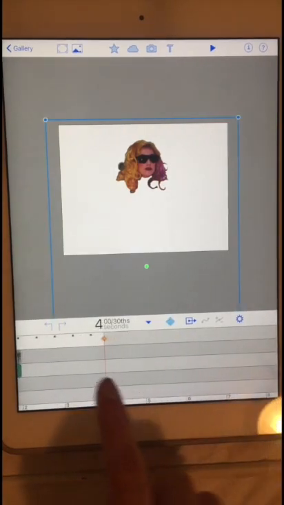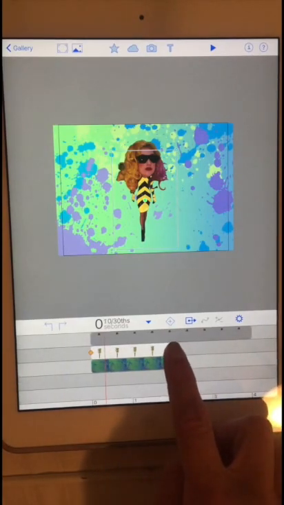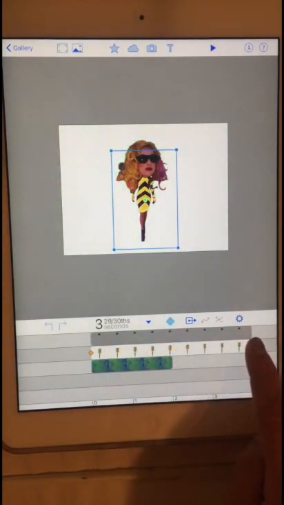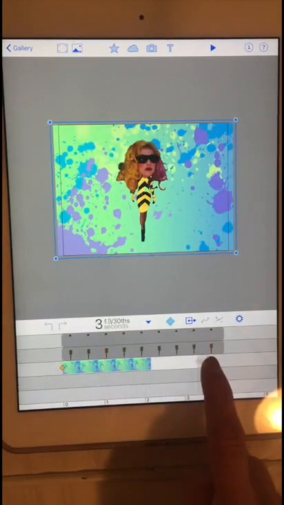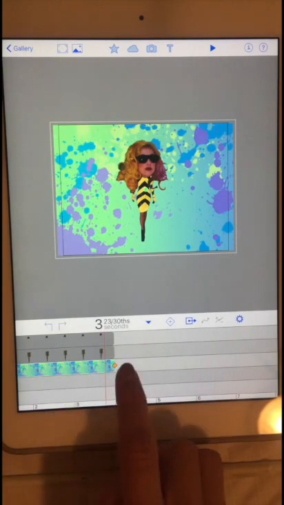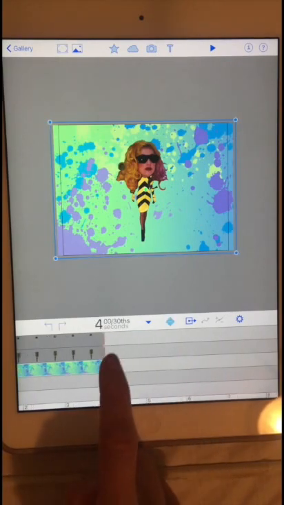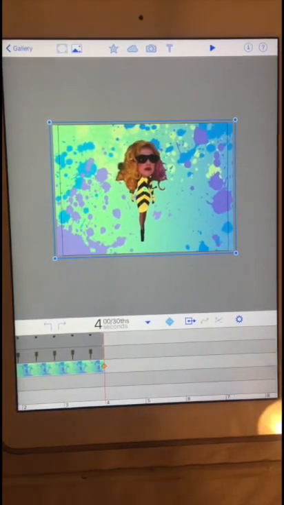All right. So I'm going to do the next one, and make it also 4 seconds. And then I'm going to do the third one. All right. So they are all 4 seconds long. Okay, so once you have that,